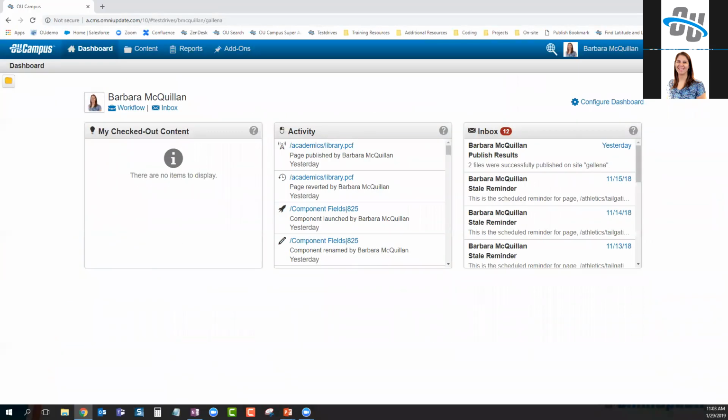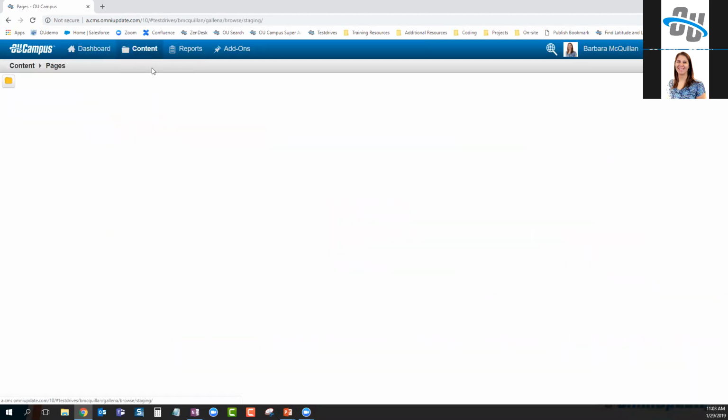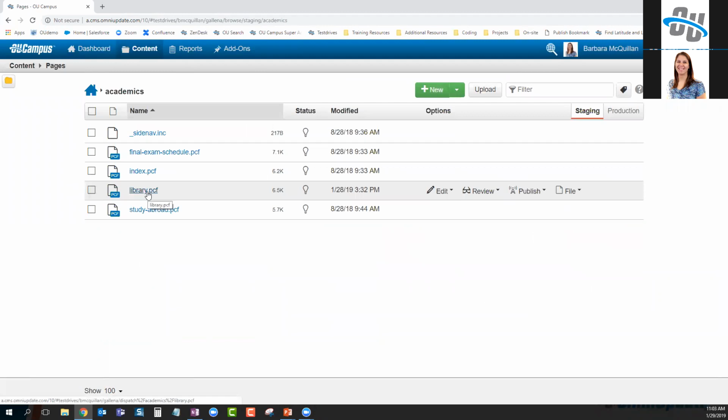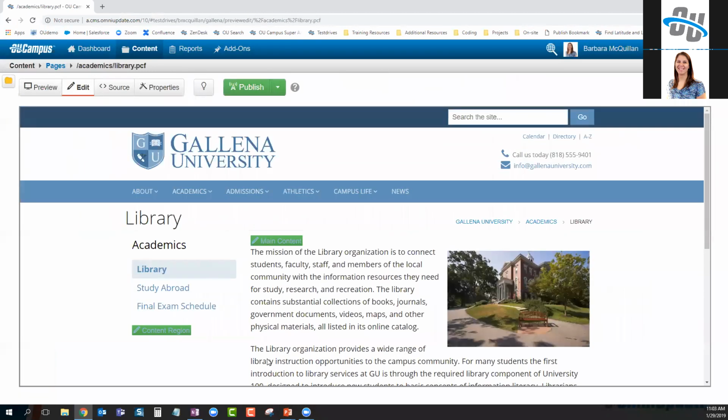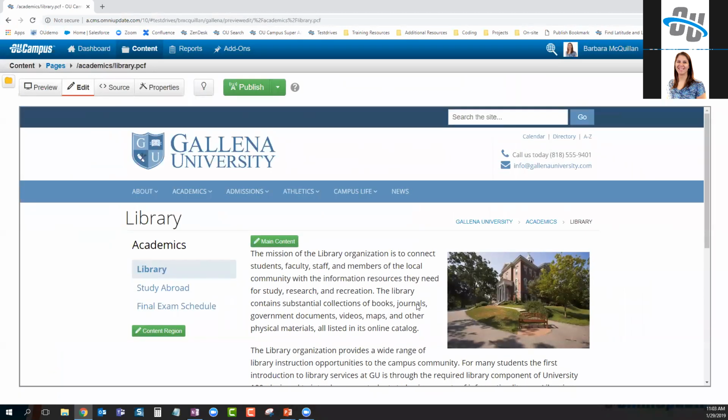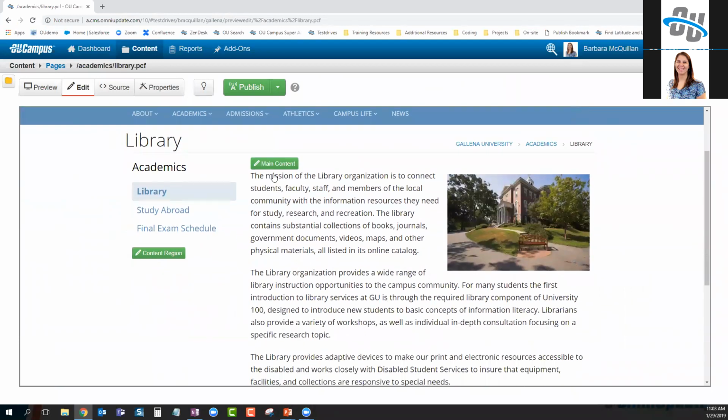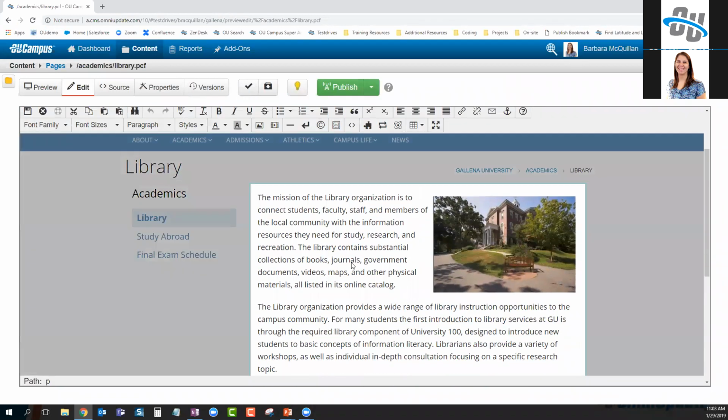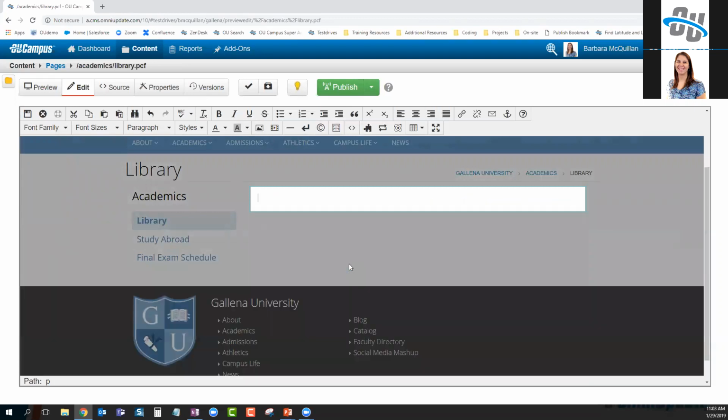So here I am logged into my sandbox environment. I'm going to go ahead and just find a page to play on. Hovering over content, going to pages. I personally am a big fan of the library page. So I'm going to use this particular page as my environment to play with components. Opening up my main content region here. I'm just going to hit Control-A and delete everything out of here so we have a nice blank workspace to